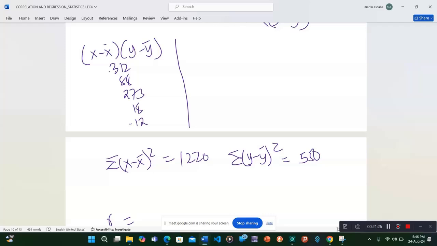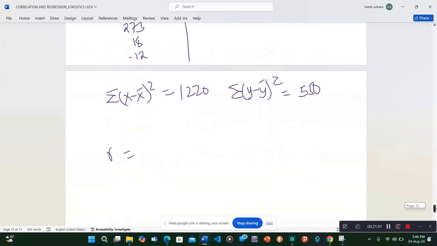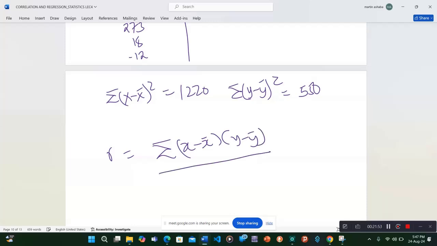We have the total here, sum of that, x minus x bar into y minus y bar, equivalent to 679. So our R will equal to sum of that, x minus x bar into y minus y bar, divided by square root of